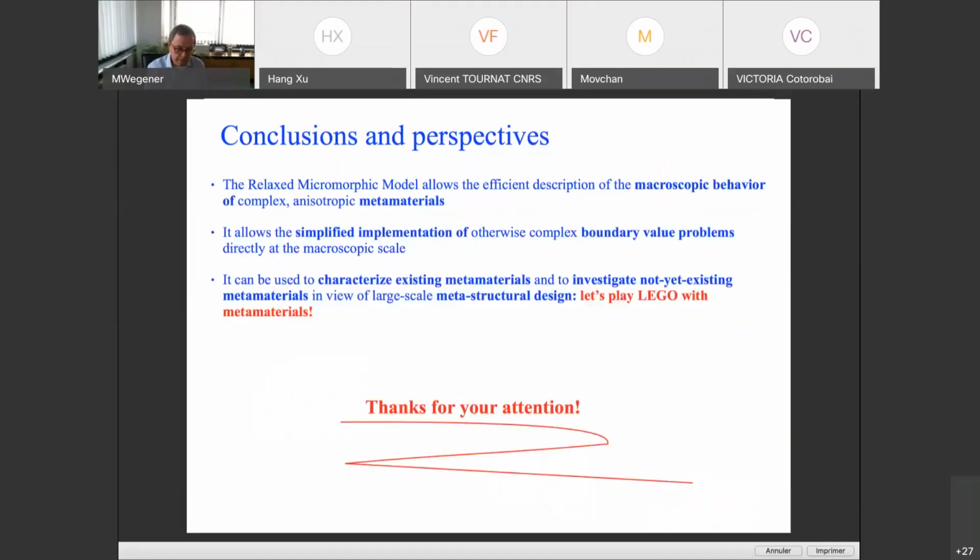Following, how is the relaxed micromorphic model doing in regard to chirality in metamaterials? Yeah, this is a very good question, because for now, as you saw here, I will take back the